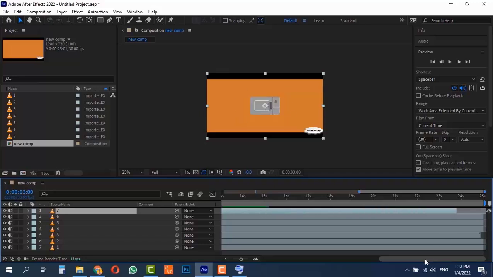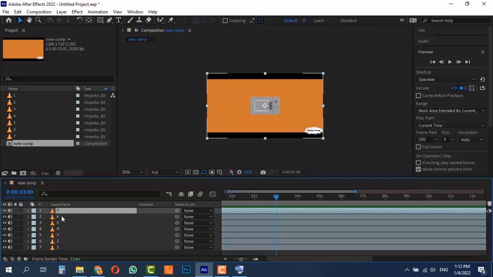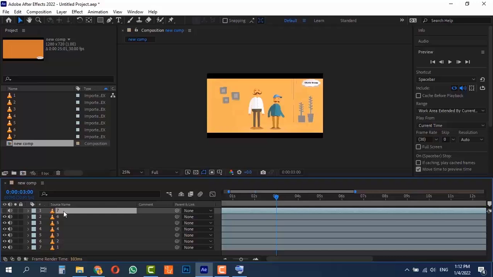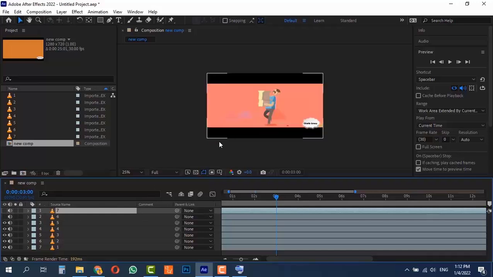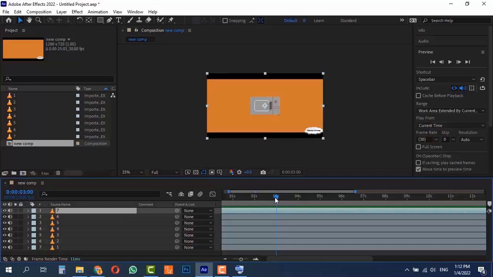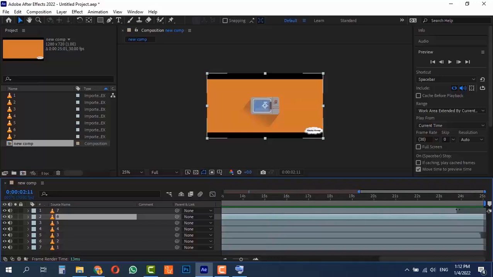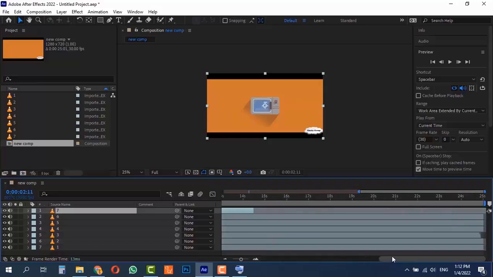In the last session I told you when there is a layer above another layer, we only see the first layer. If I hide the first layer, you see the second layer. Again, I hide this layer and you see the layer below, and so on. So the order of the layers is very important. Put each one you want in the order you want and then trim them. To trim them, either you can drag them like this,